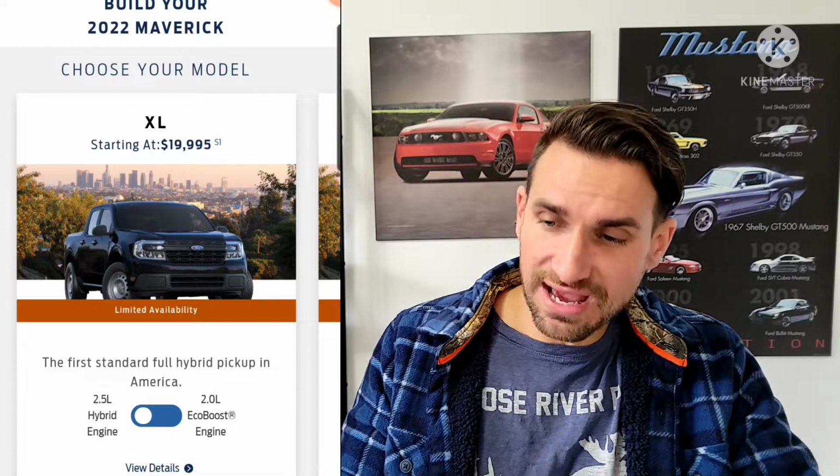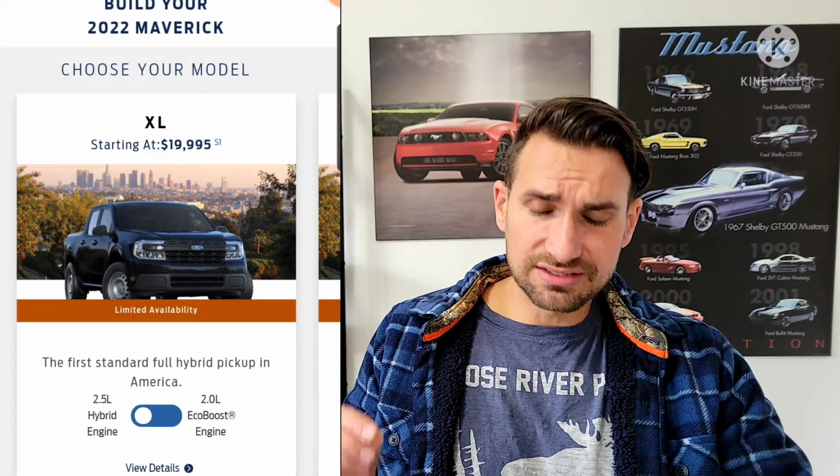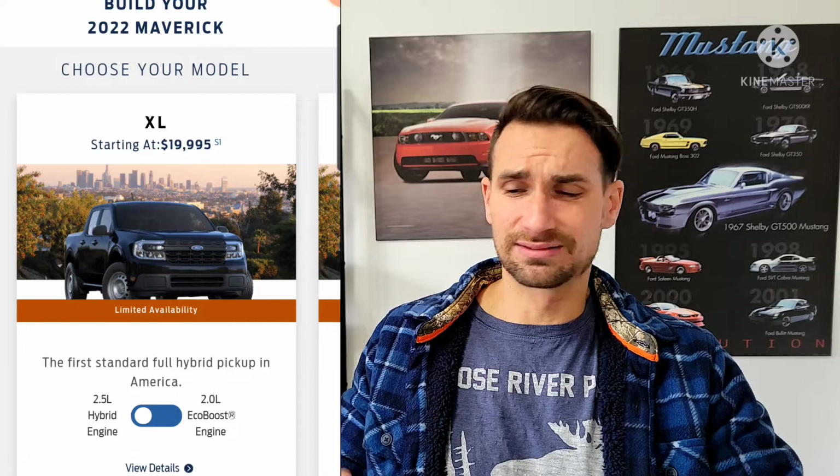With Sync 3, you get vehicle embedded applications. So I wanted to clarify that. That would be a reason why you'd maybe go up to a Lariat luxury package. But please do keep in mind your mechanics on the XL, your brakes, motor, the seats themselves, the